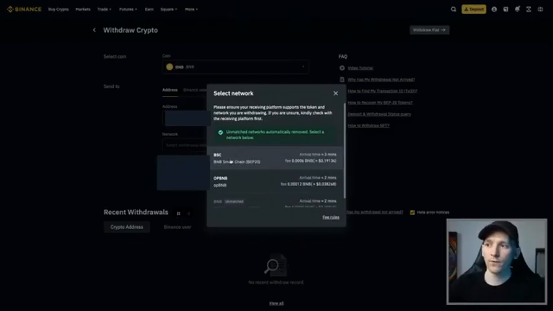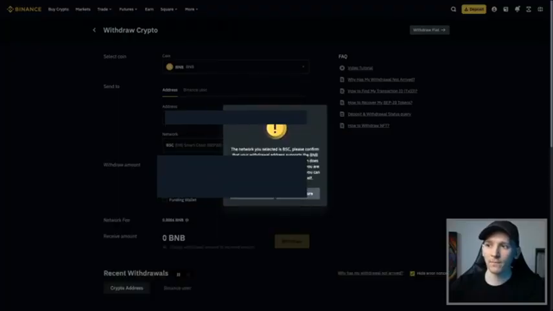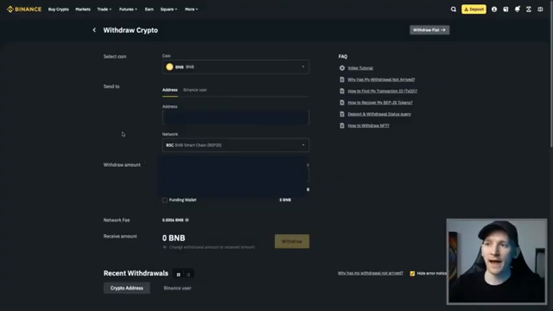And so I'm going to tell Binance that I want them to send these assets on the BNB Smart Chain. So I'm going to click that. Yes, I'm sure. And now it's sending this coin to my address and it's on the chain that I want, which is the BNB Smart Chain. So I'm just going to put an amount in here that I can send out, click withdraw, and that goes